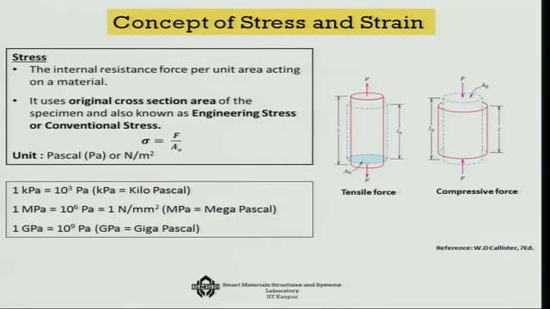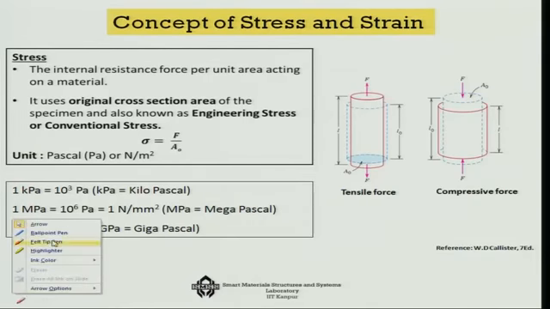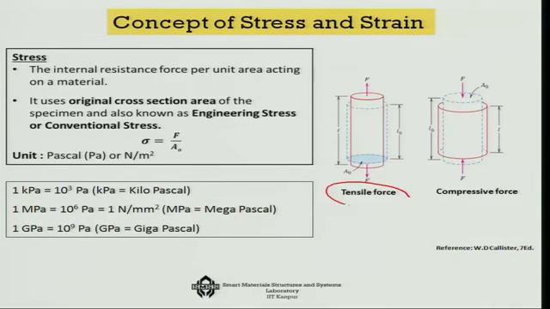So, for example, if you use a tensile testing machine, then you will be taking a sample where you are going to apply the force and deform the material. You can deform it either in a tensile force system, where you are pulling it apart, or you are compressing it. In both cases, you have an idea of how much force you are applying, and you know the area of cross section of the system, the initial area of cross section. So, in an average sense, the force per unit area will give you the stress.